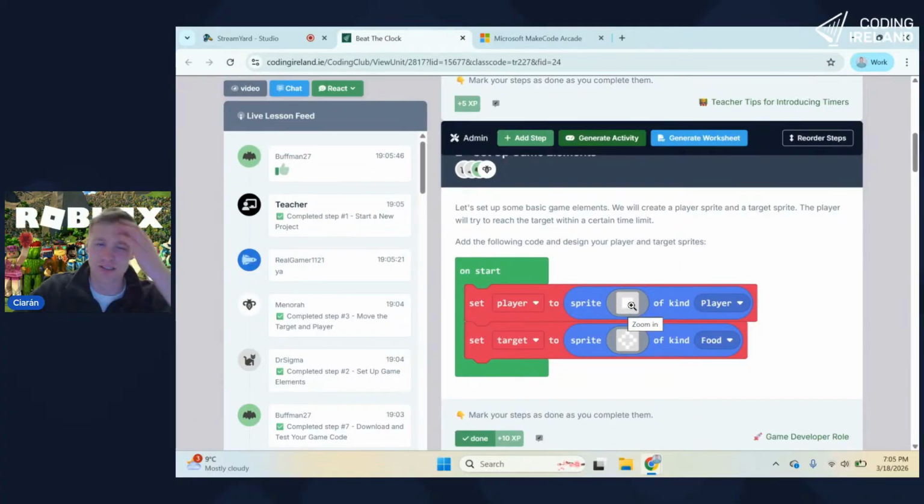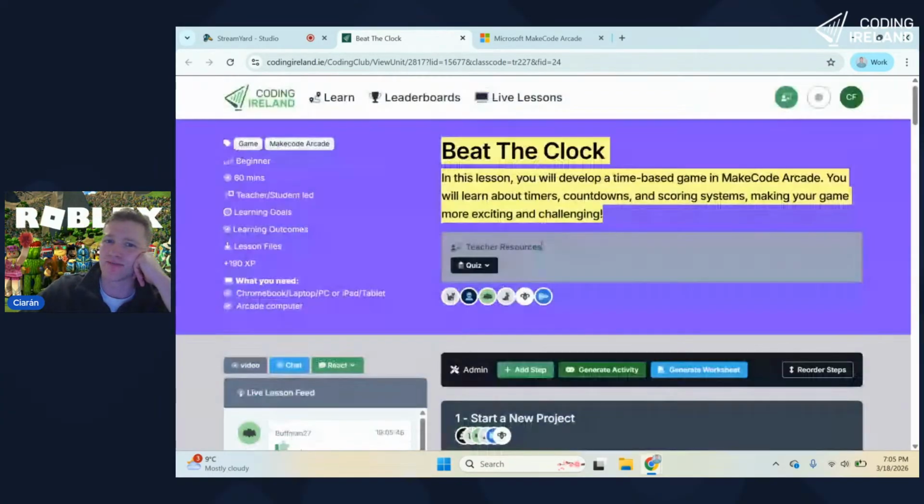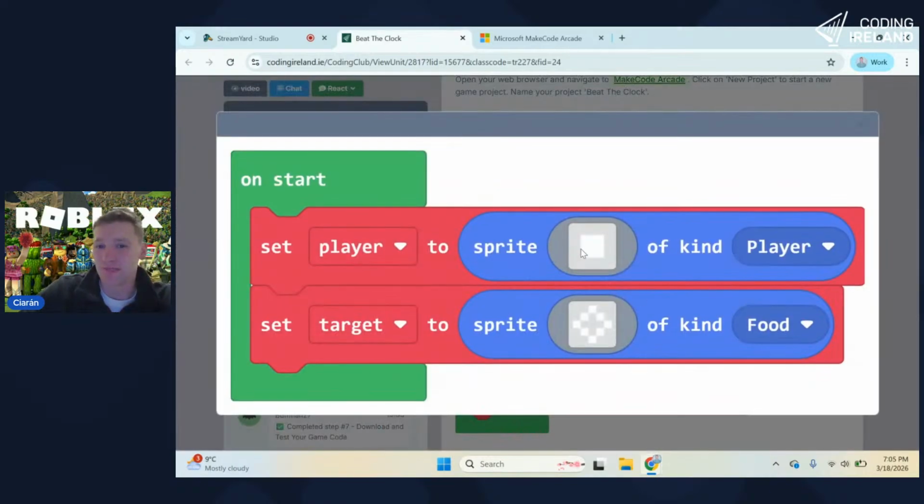Oh, Buffman, you played a bit of Snake. That's good. These are obviously customizable. They have a square and a circle as their